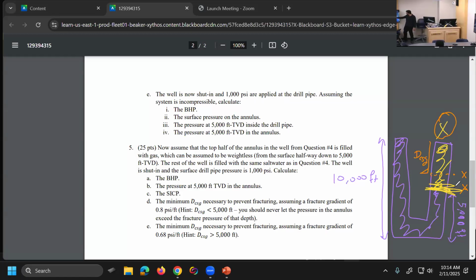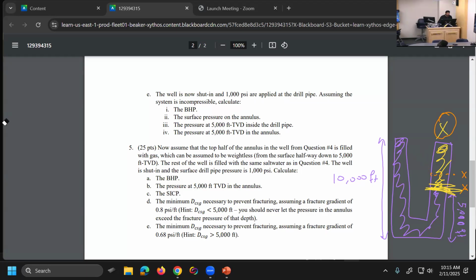Remove the hydrostatic weight for 5,000 feet of salt water, purple salt water, and get the value there, set it equal to 0.8, and yeah, easy. Now, the last point is a little bit more difficult in the sense that I'm telling you that